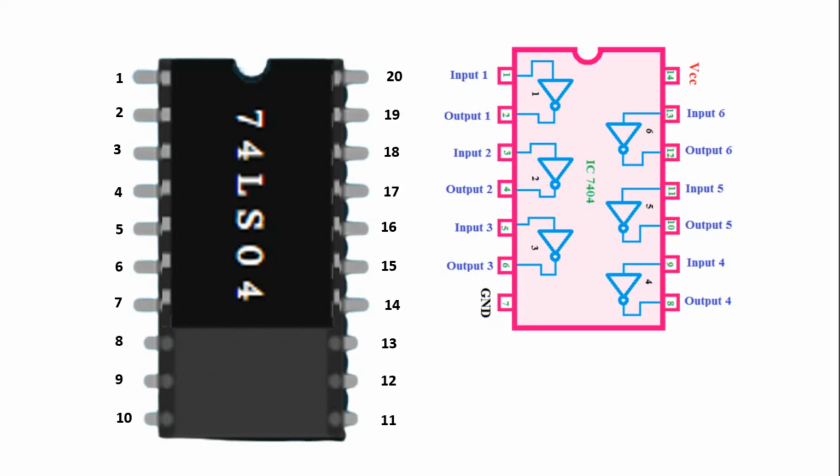Pin number 1 is the input and pin number 2 is the output of first NOT gate. Like that, pin number 5 is the input and pin number 6 is the output of third NOT gate. Like that, you can check other NOT gates input and output pin number. In this IC, every NOT gate is in up to down alignment. So from the 6 NOT gates, you can use any NOT gate. But you have to check the input and output pin number of that particular gate.